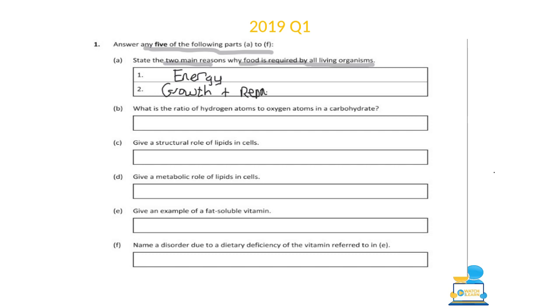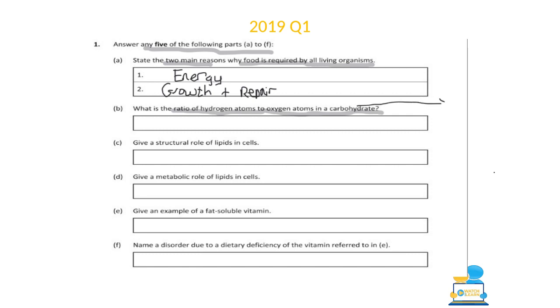So growth and repair. The next question is asking us about the ratio of hydrogen atoms to oxygen atoms in a carbohydrate. Now this is a very interesting question, because instead of them asking you for the general formula of a carb,